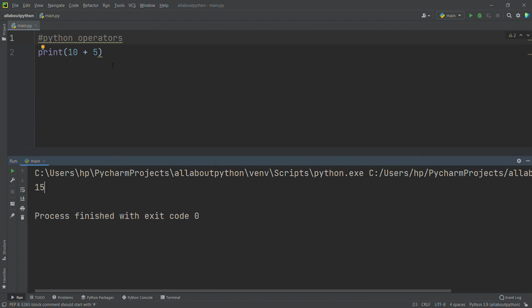In the same way, in Python we have different types of operators, but they are grouped into different types of groups. First we will see what an operator is. I will write the statement here.